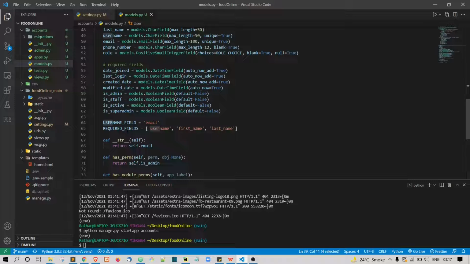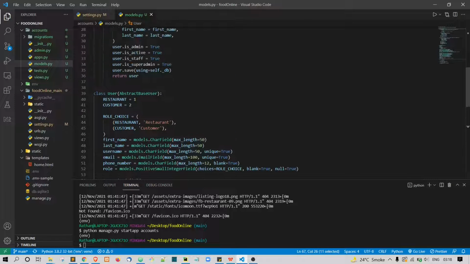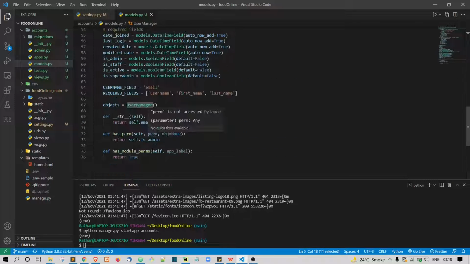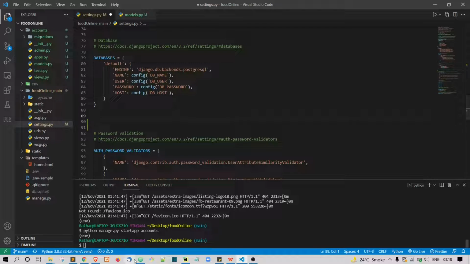So here we'll write objects is equal to UserManager. This manager is nothing but this class. And another one is in the settings file, we need to tell Django that we are not using the default user model anymore. Instead we are using our custom user model that we created right now. So how to do that? Maybe just below this databases we will say